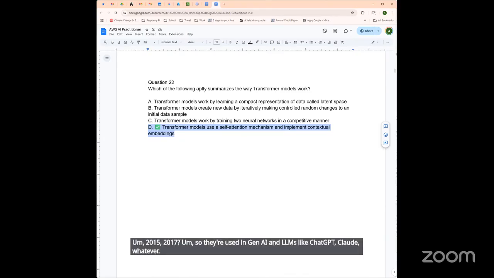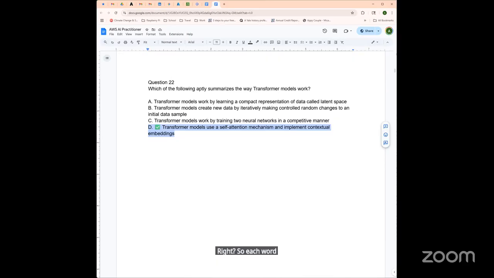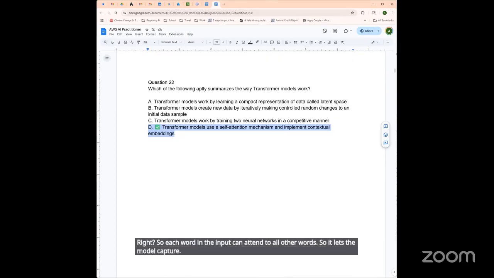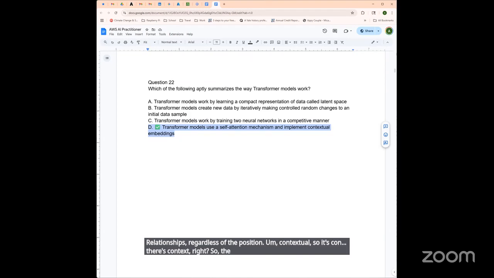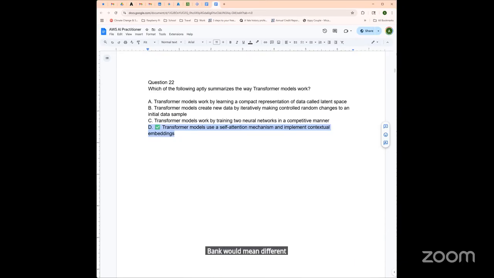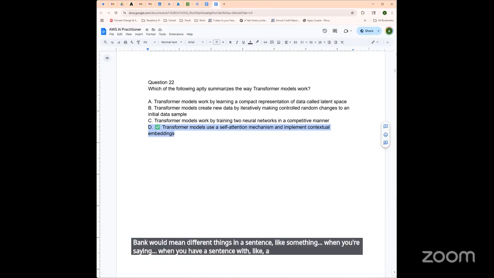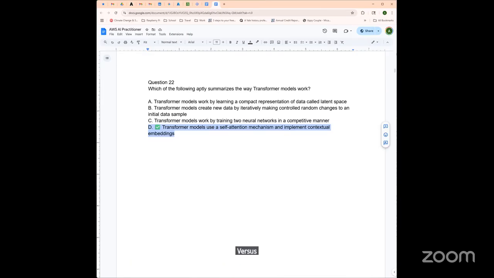These have a couple of different characteristics, like self-attention. Each word in the input can attend to all other words, so it lets the model capture the relationships regardless of the position. Then there's context: the embeddings change based on the context. Something like the word bank would mean different things in a sentence with a riverbank versus a commercial financial bank.